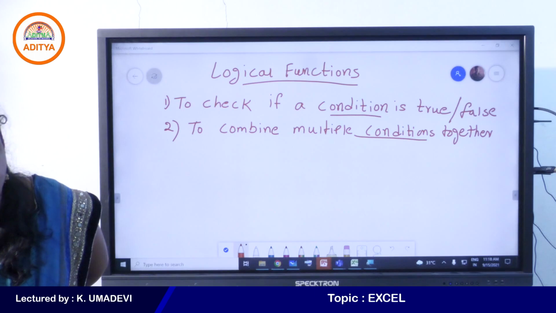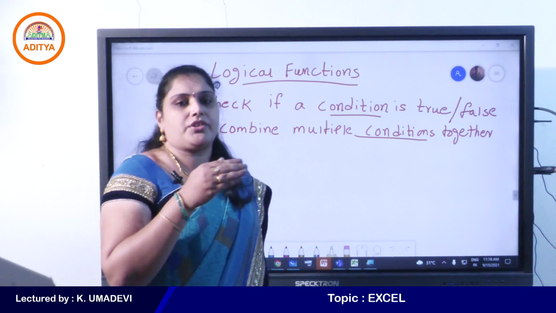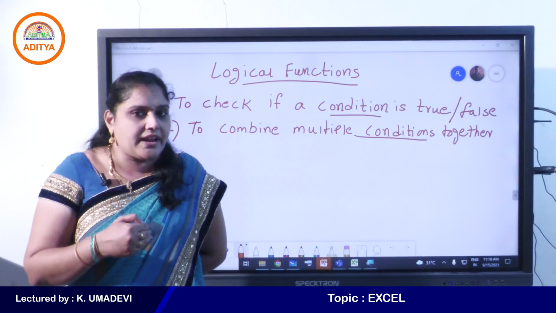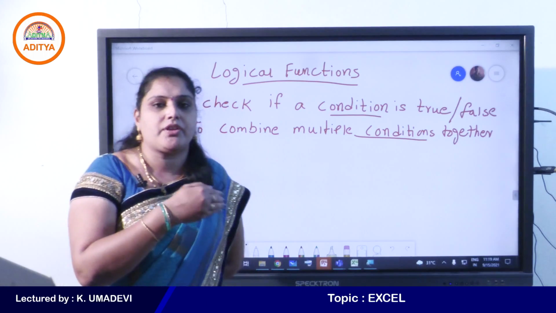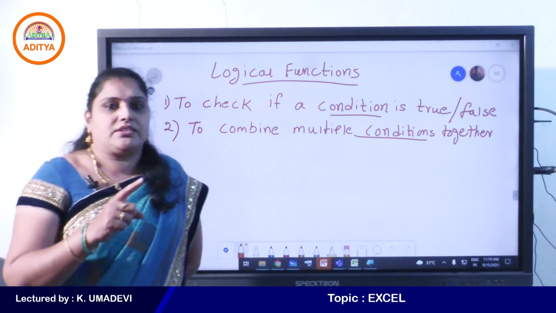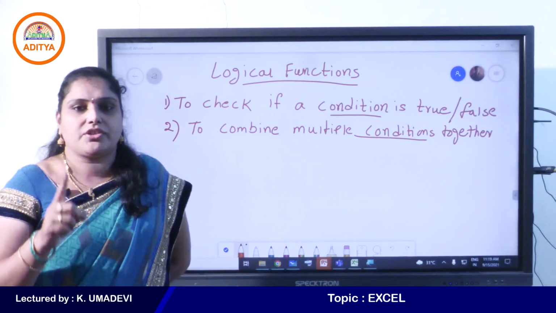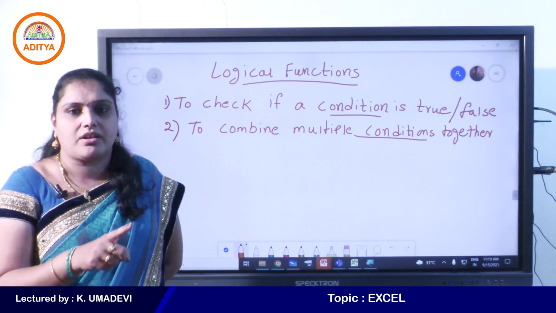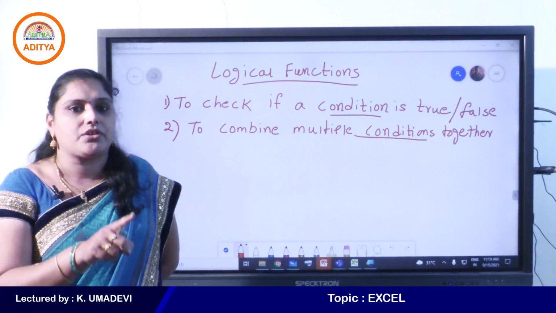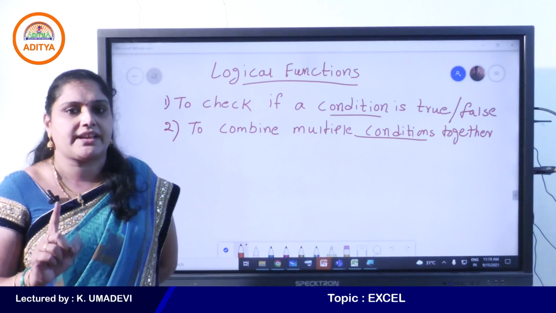Okay students, do you understand about concatenate, upper, lower and length functions? So how to use and how to insert functions? By using the insert function dialog box, we can easily select any one of the functions. When you click on a particular function, the function arguments dialog box will appear on the window. So you can enter the values or cell references as arguments. Why? Because we need arguments to perform calculations by using functions in Excel.